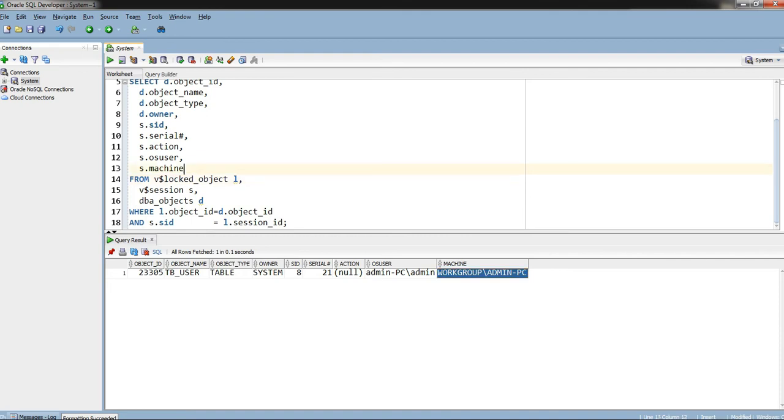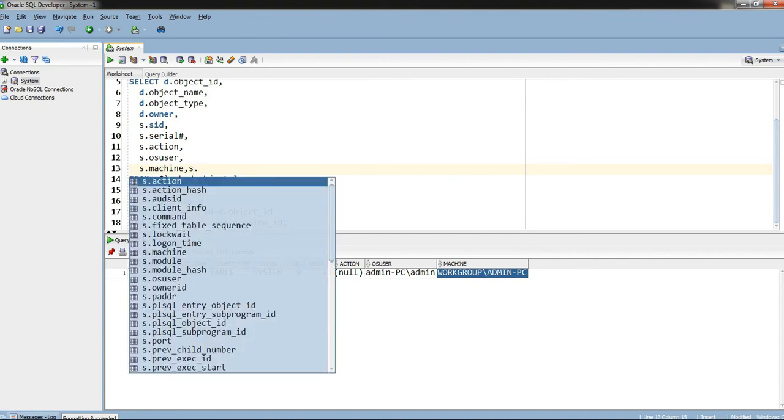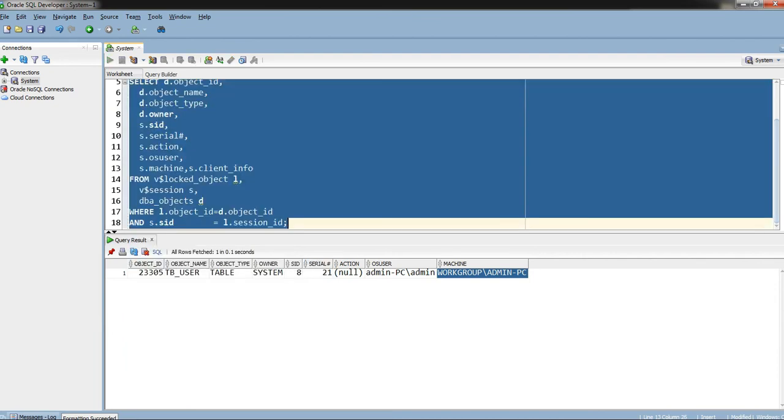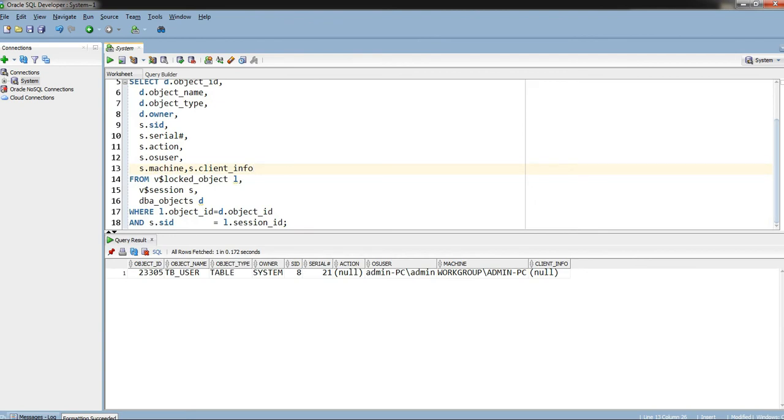And let me show you this dot. If there is any other information, we can get it by seeing here. Yeah, like this we can identify.